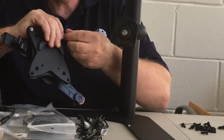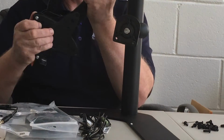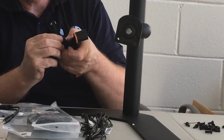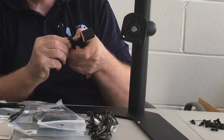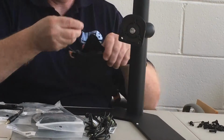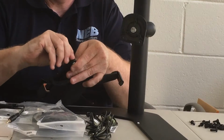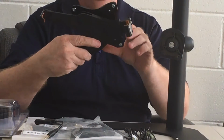Just work over the table just in case you drop the screw and it doesn't fall to the floor. And we will do that for the other two holes now. Okay, finally the last one. So there we have our VESA adapter, and the